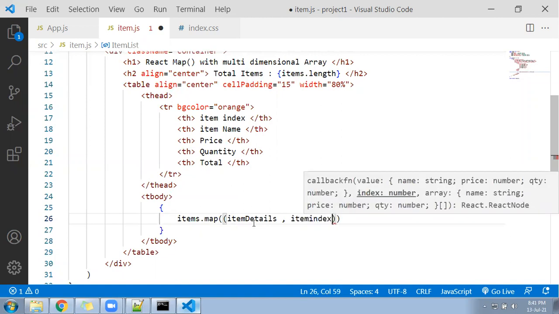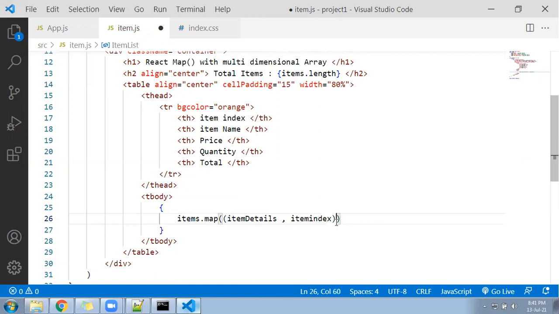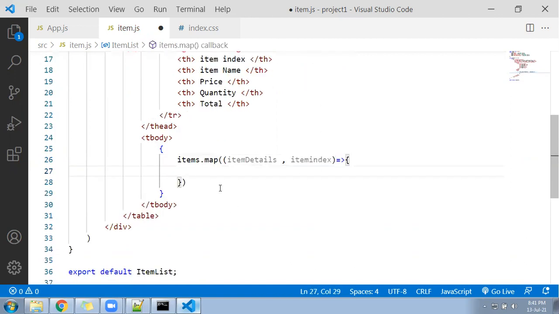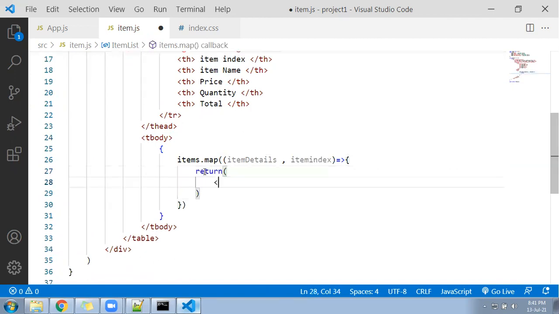Okay, and this variable is not a predefined variable, it is your own variable. I have explained clearly in the first video of single dimensional array. This is the key and this is the value. Sorry, the first one is value, second one is key. So in case you have not seen that, let's have a look at video number one as well. Okay, now at this place you have to write a return, and under the return there should be